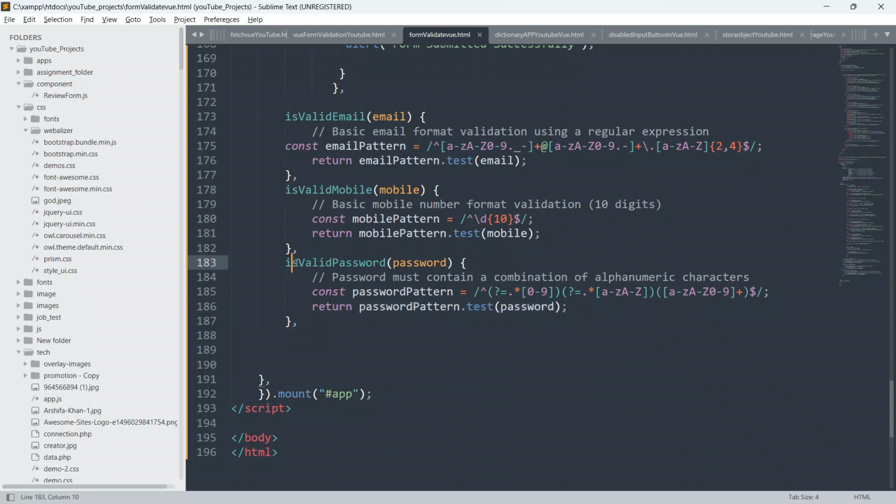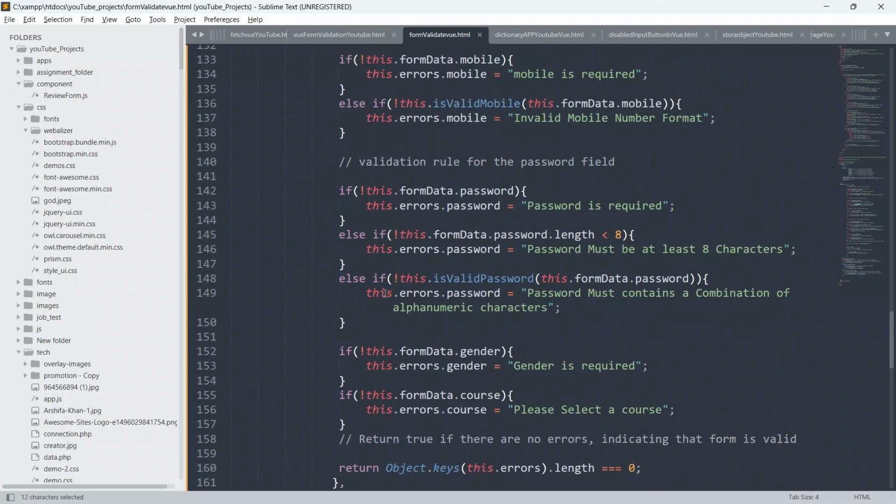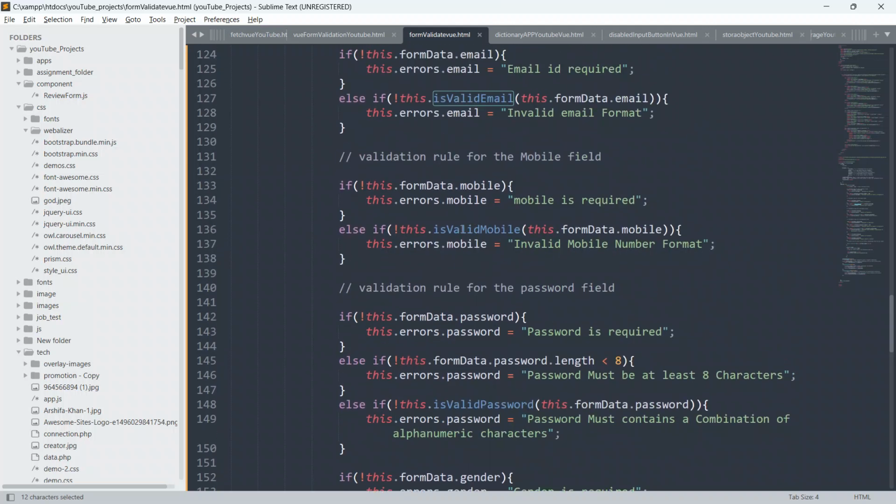And we are calling all these functions inside our if, to check that this formData.password contains alphanumeric characters or not. Here also I am checking the mobile number, whether it is of length 10 or not.